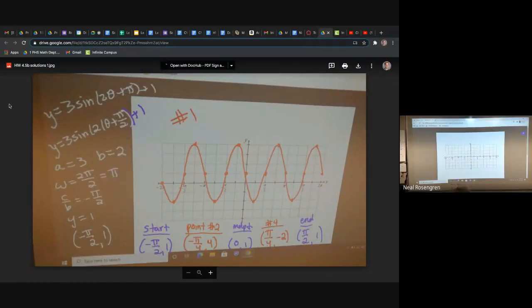Right, so there's the solutions to that first one from homework 4.5b. There's my starting point, right? There's my ending point. So I could graph that full cycle, and then I just kind of copied it over as far as I can. I kind of run out of space over here, so I stop, and then I just work my way backwards,